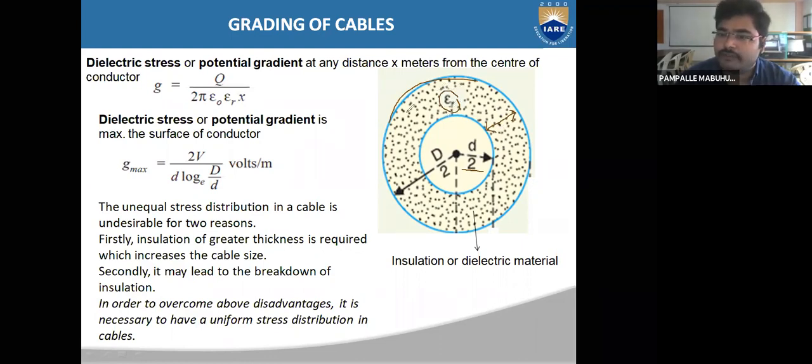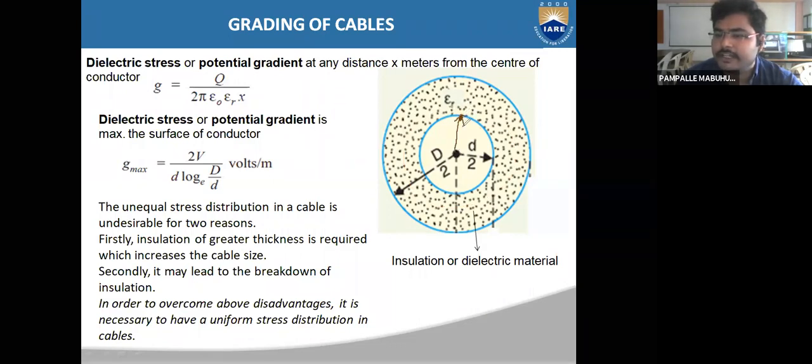Now if you write for this cable the potential gradient or dielectric stress, this is the equation. The potential gradient or dielectric stress at a distance x meters, that means if you consider one layer at a distance x meters from the center of the conductor, will be represented with G, which is Q by 2 pi epsilon naught epsilon r into x. From this expression you can calculate the potential gradient at any distance from the center of the conductor. Suppose you want to calculate at the surface of the conductor,